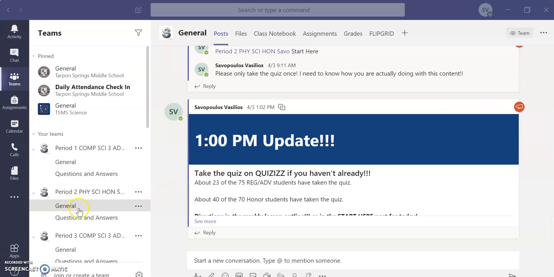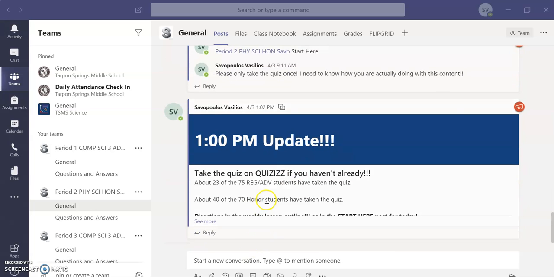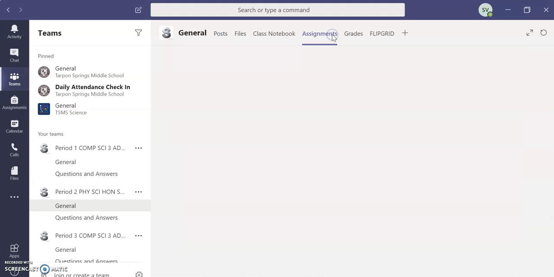All right, so today, first and foremost, make sure you check the Start Here post. It'll look like this in red when I put it down here. Make sure you look at that, watch this video even more than once if you need to, so you know what you're doing. The second thing you'll need to do is go to assignments